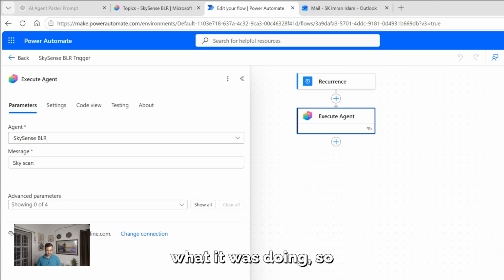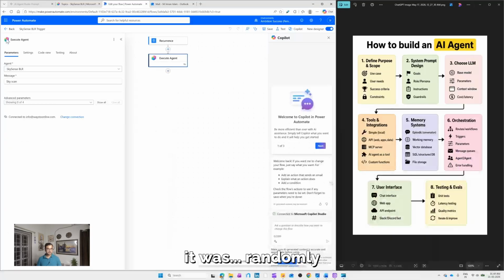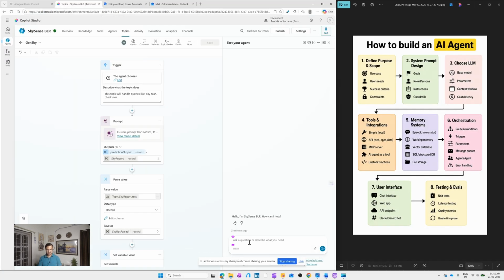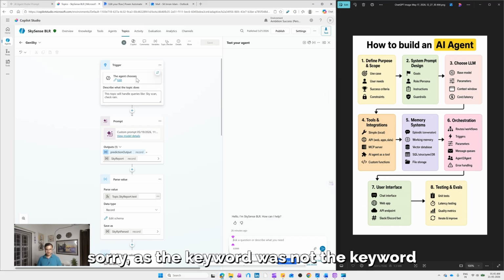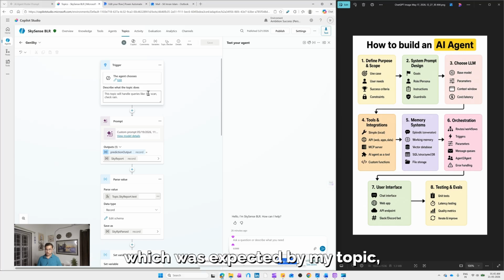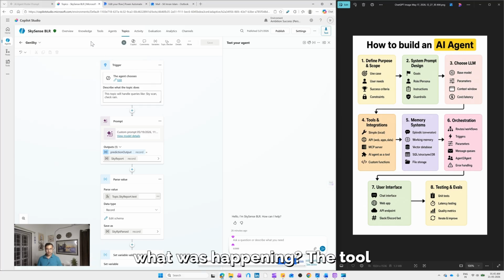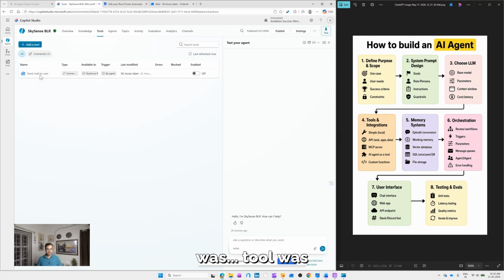And what it was doing was randomly interacting with my agent. As the keyword was not the keyword which was expected by my topic, what was happening? The tool was interacting from my